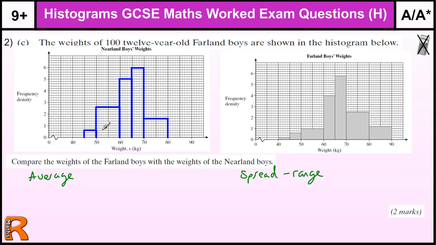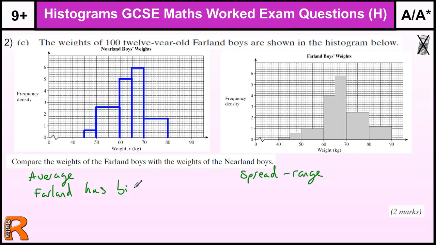So the average value here, that's quite tricky to work out. It should be around about here. We could actually calculate that exactly. Let's just see if we need to. I think the average on this one is higher. We could talk about how they're skewed if people are trying to be technical. But for 2 marks, all we really need to say is which one's bigger. So looking at these 2 graphs, I would say the average for this one is somewhere around this bar here, and this one is probably nearer this bar here. So I think we'll go with Farland